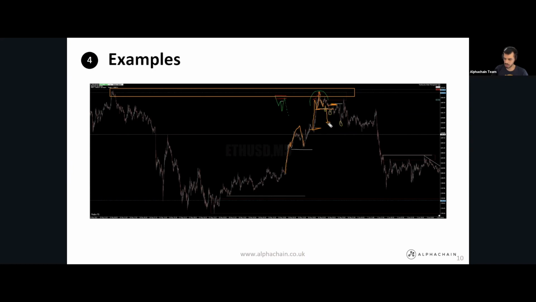And this is what I'm trying to explain in this webinar. Wait for that confirmation, wait for price to break structure, to break lows before looking for the sell. There is no need to look for the sell immediately as price is going higher without showing any weakness. So this is the main point of it. And usually we have quite a few opportunities to get in on that short, either here or here, with stop loss, for example, just above the high. And if you manage to get in close to these highs, you have a better opportunity